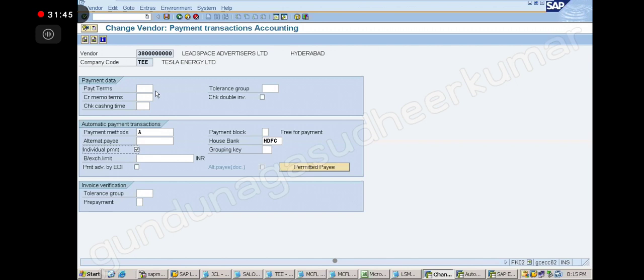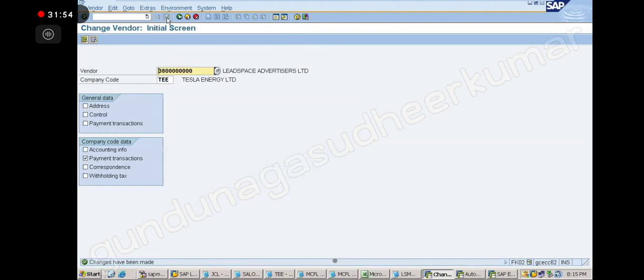Save. So only for this vendor I selected the individual payment. Save. Done. Now I will go and run the APP again.